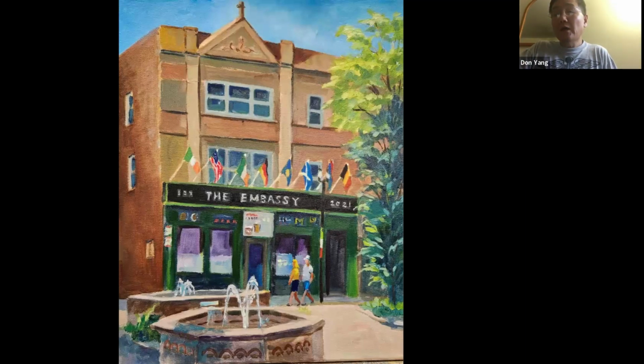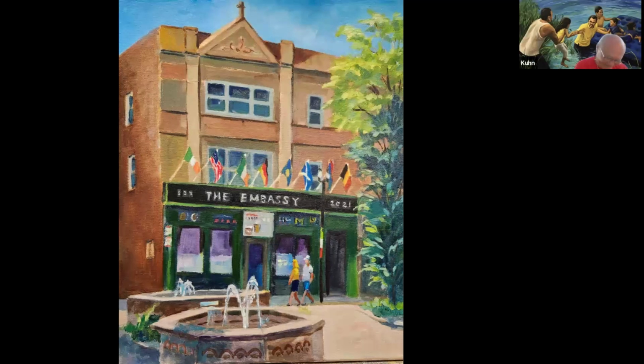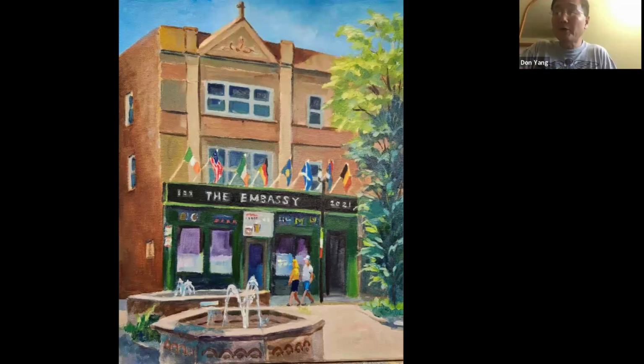The lettering. In painting, the letters and numbers are such powerful drawing elements. Whenever we see a painting, as soon as there are letters and numbers, before we start looking at other things, we immediately read the numbers. Now if this was commissioned by the owner of this building, then obviously you'd like to make sure it's recognizable. But you can still make them recognizable without having such clear-cut edges and clarity to it.